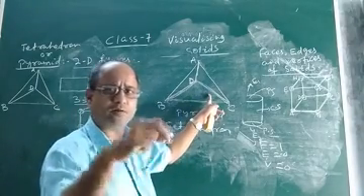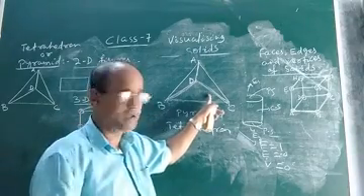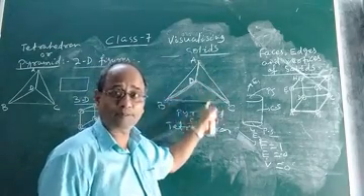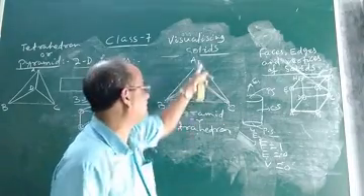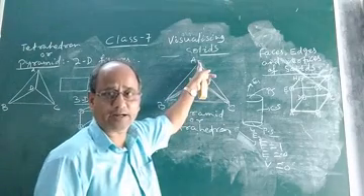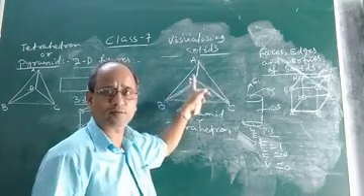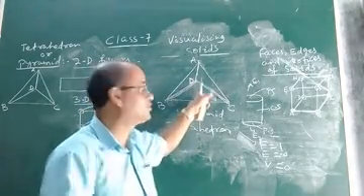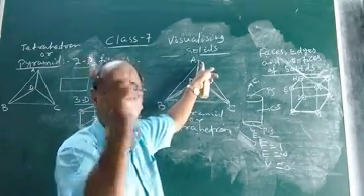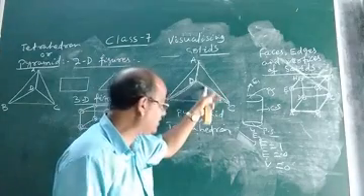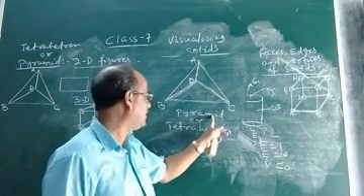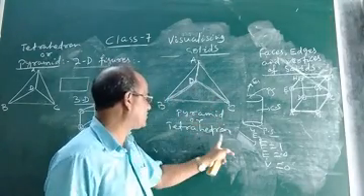It can be any polygon, maybe quadrilateral, pentagon, hexagon, etc. But other lateral faces must be triangles and they should be joined to a common point. All the lateral faces of the solid must be joined to a common point, and all the lateral faces should be what? Triangles. Then only we say that this solid is a pyramid. And the name of this pyramid is called tetrahedron.